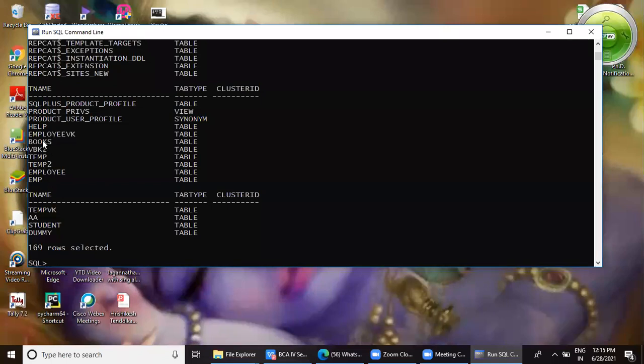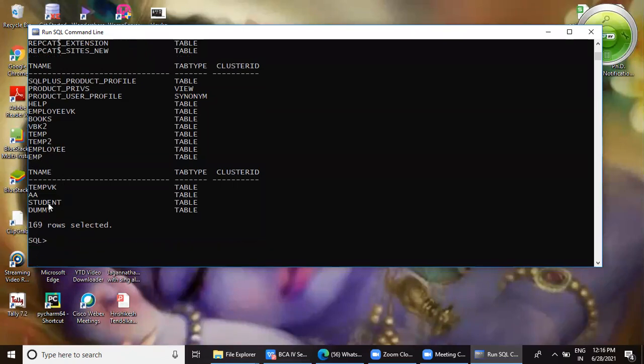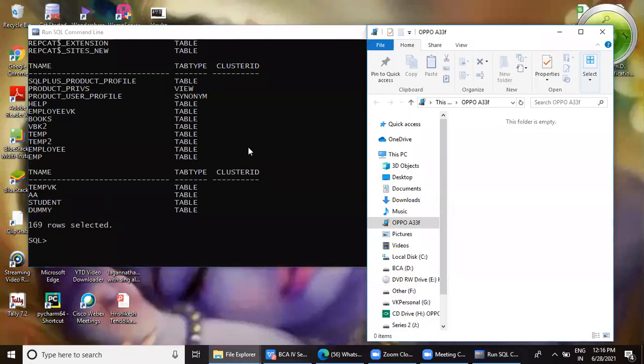So I have tables here called employee VK, then there is books VBK2, temp2, employee, etc. There is also one table called student, which we created last time.